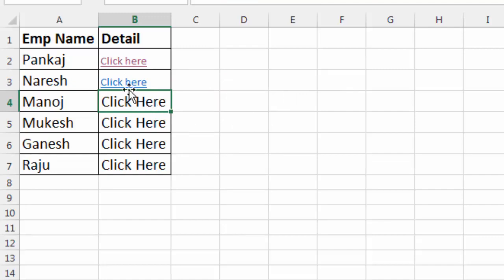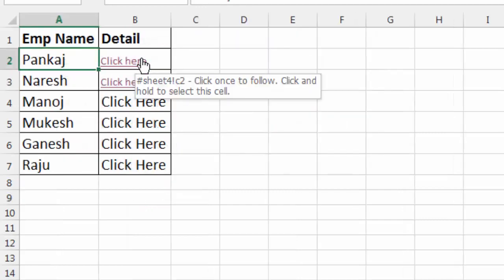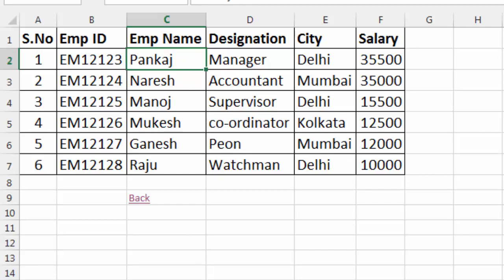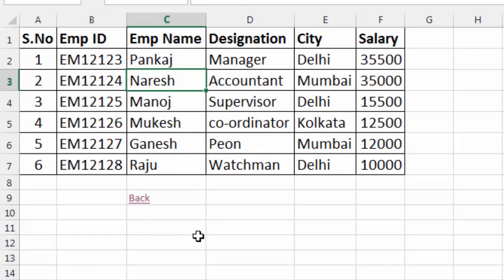First go to C2, see, we go back from here. If we click here, then it has come inside our C2. Again we go back, and this time if we click here, then we have reached inside C3. How good and great work we can do by using Hyperlink in this way. How good a dashboard can we make? For that, you must watch our video by clicking on the